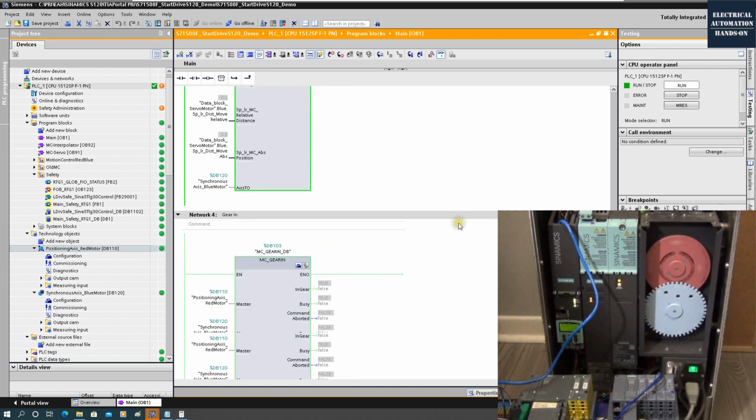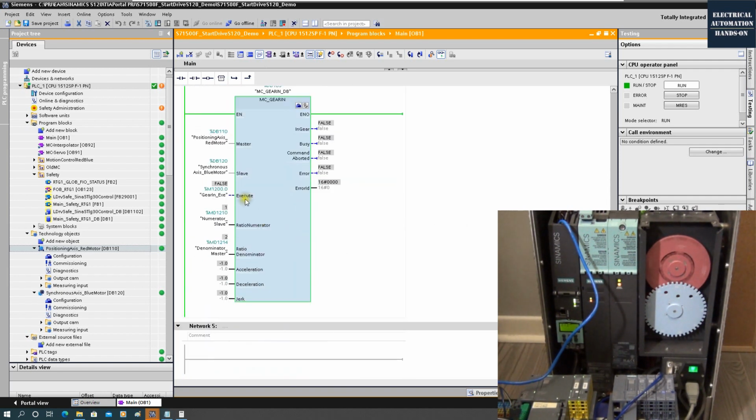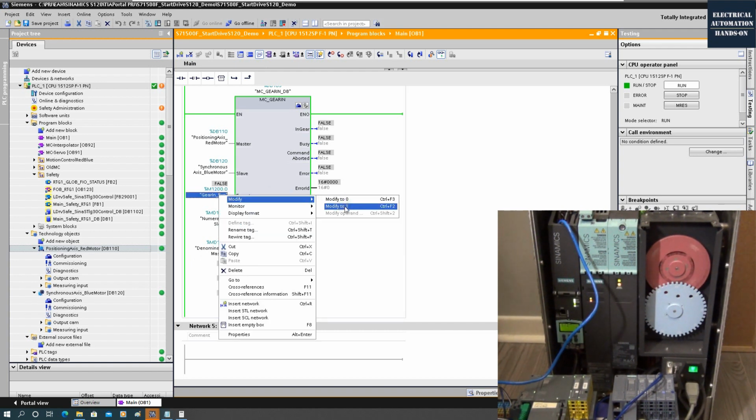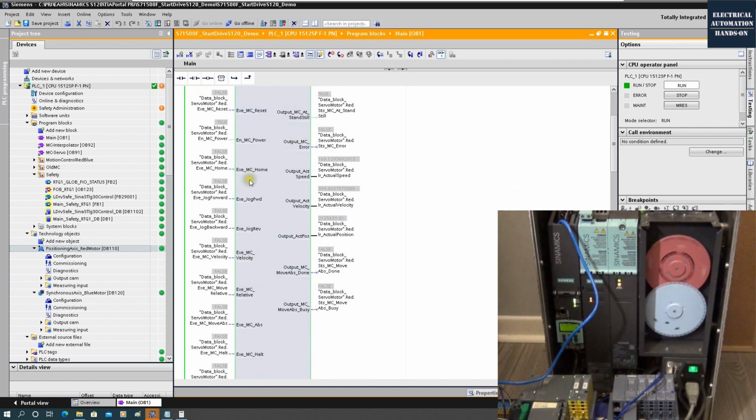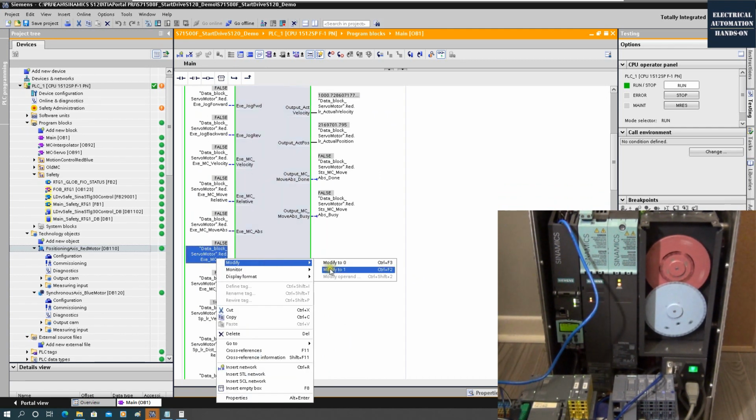Okay, and now let's go to the GearIn. So for the GearIn I set a new ratio, 2/1. So let me trigger. So we can see the blue motor runs 2 times slower than the master. If we turn off this execute, the ratio relationship is still there. Okay. If now I stop the master, if I halt the master,